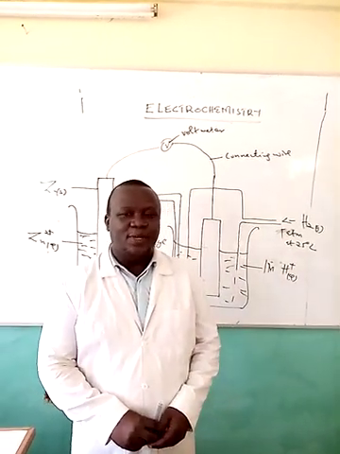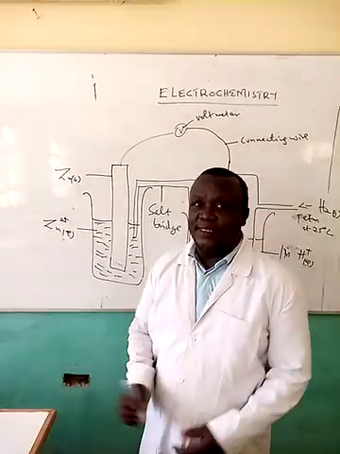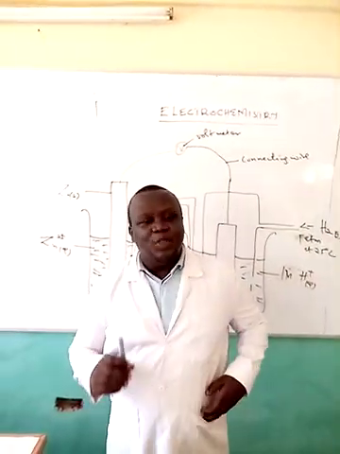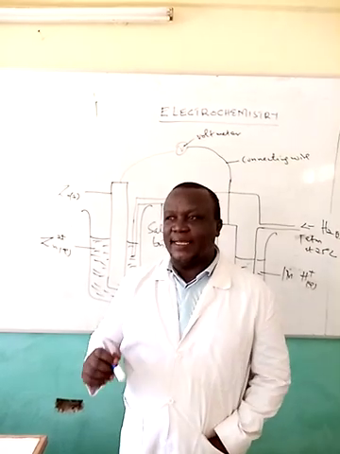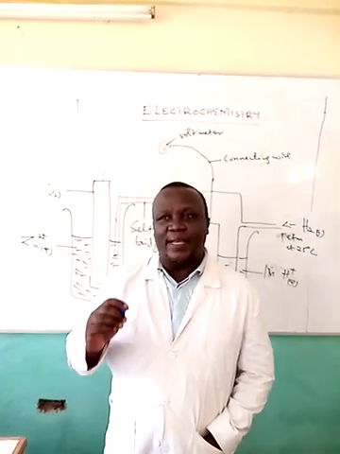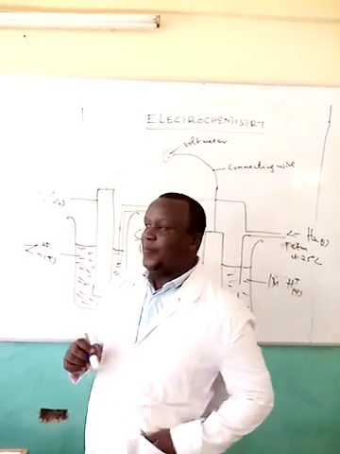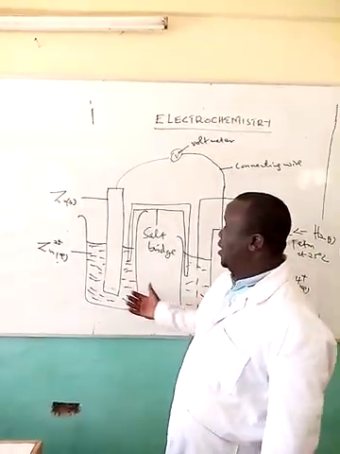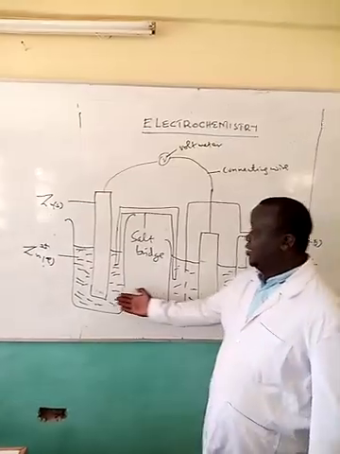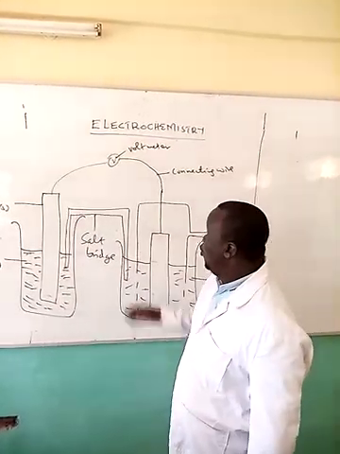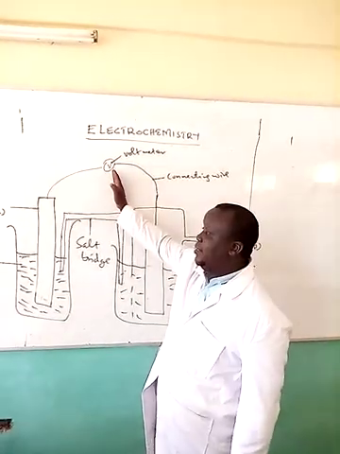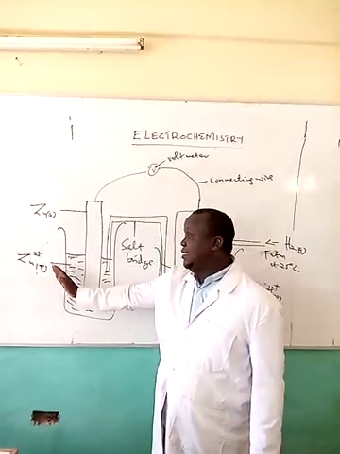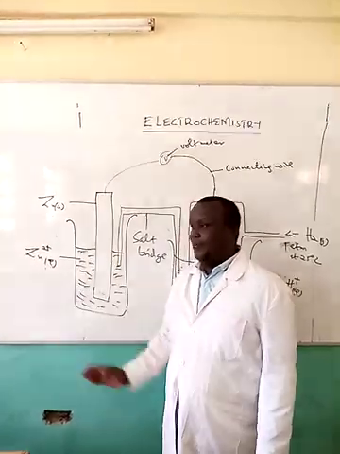Bernard Cheng, once again, welcome to our topic, electrochemistry. In our previous lesson, we learned that the hydrogen half cell can be used to obtain the standard electric potential of a chemical species. When you have a metal and a hydrogen half cell as shown in the diagram, whatever is deflected on the voltmeter refers to the standard electric potential, like in this case, the standard electric potential for zinc.